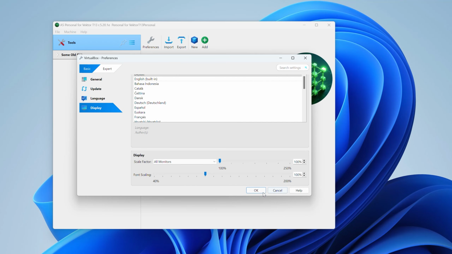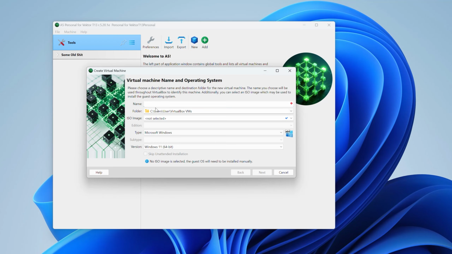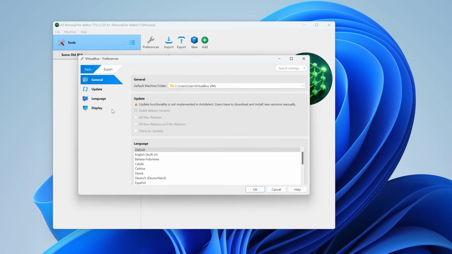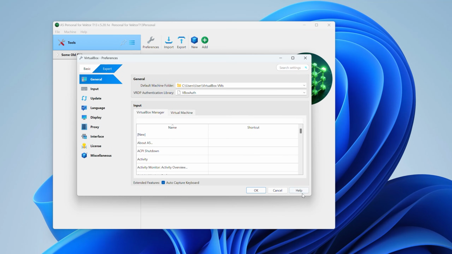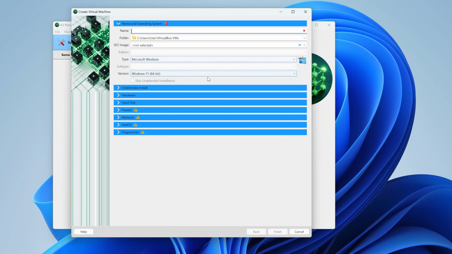Accordingly, if we choose basic, then we create a virtual machine in basic mode. If we choose to create a virtual machine in the expert mode, then accordingly the creation wizard will also be in the expert form.